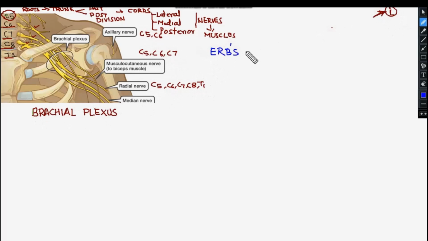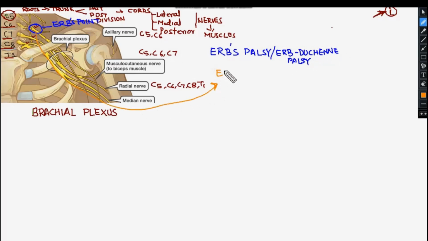This Erb's palsy, also known as Erb-Duchenne palsy, develops due to the injury of the brachial plexus at Erb's point. Now let's see where this is. This is Erb's point. Let's enlarge this Erb's point. Here we can see the C5 and C6 roots of the brachial plexus join to form this upper trunk,